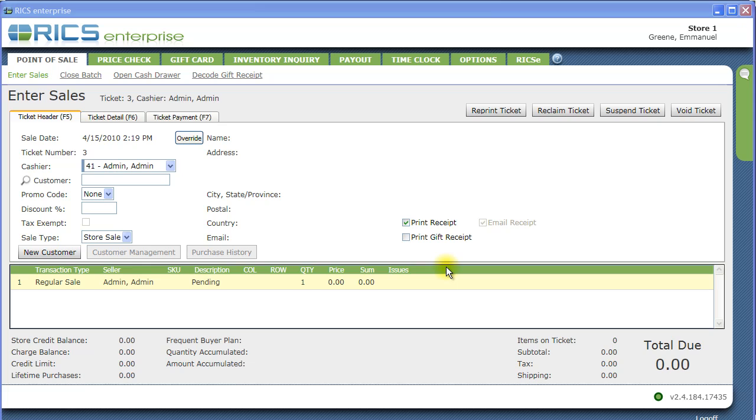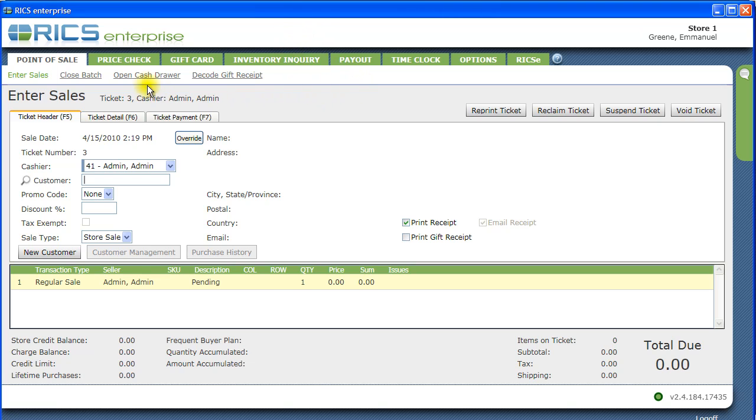There are two things that you need to tell your RICS system. You need to tell it what came in the back door and what went out the front. What goes out the front, which is the selling, goes through what we call point of sale, which is computer terminology for your cash register. This is a sales screen that you would see, your employees would see, when they go through the ring sales